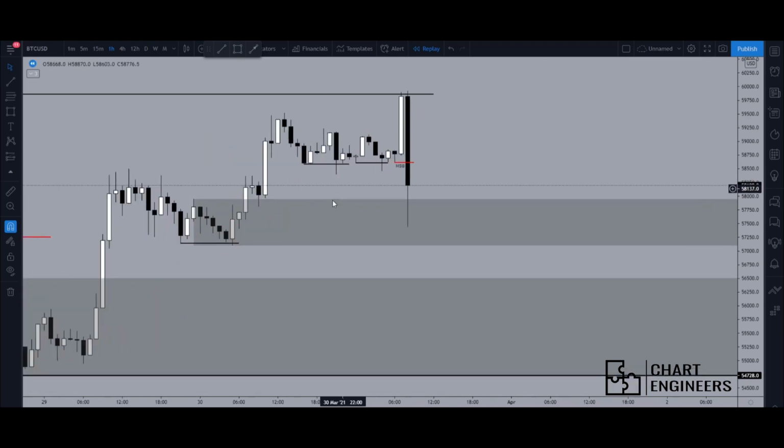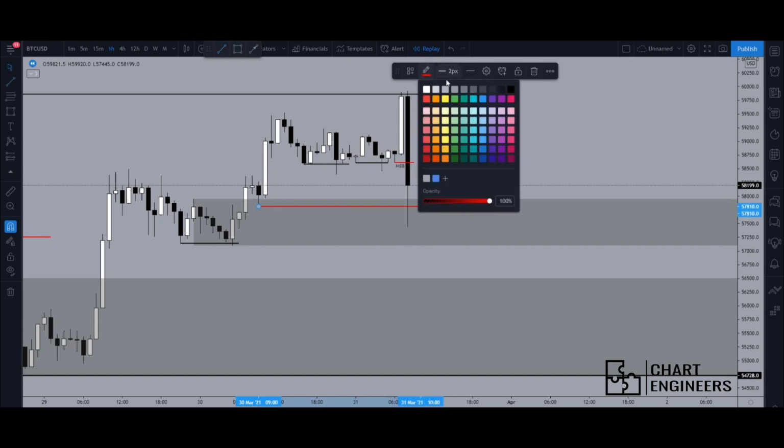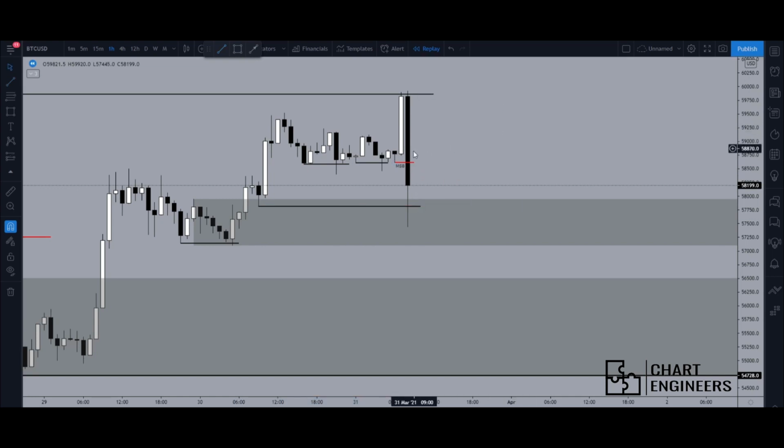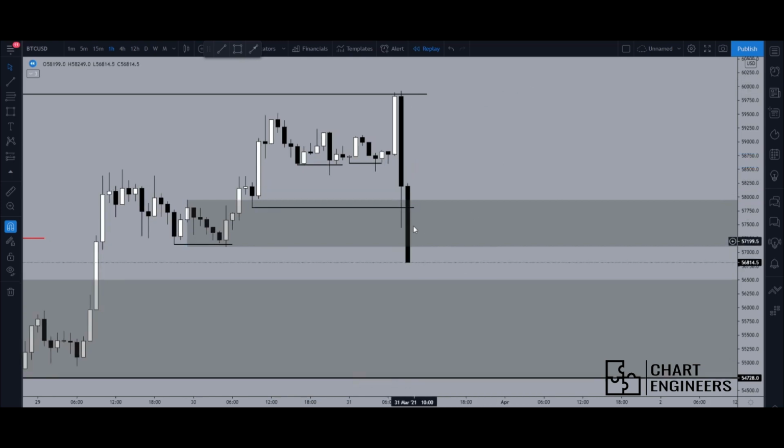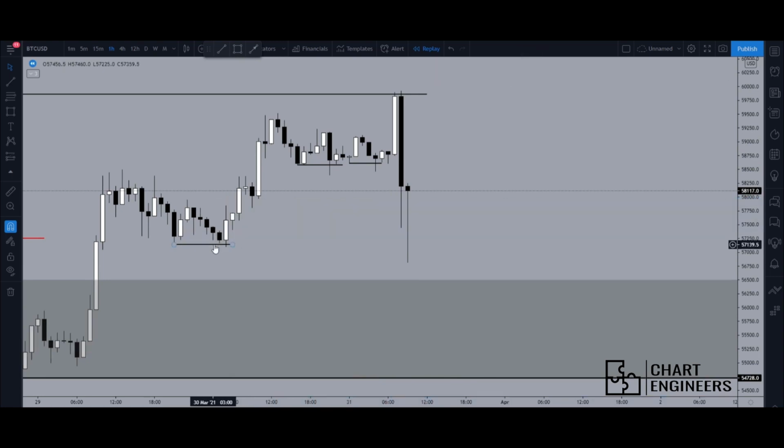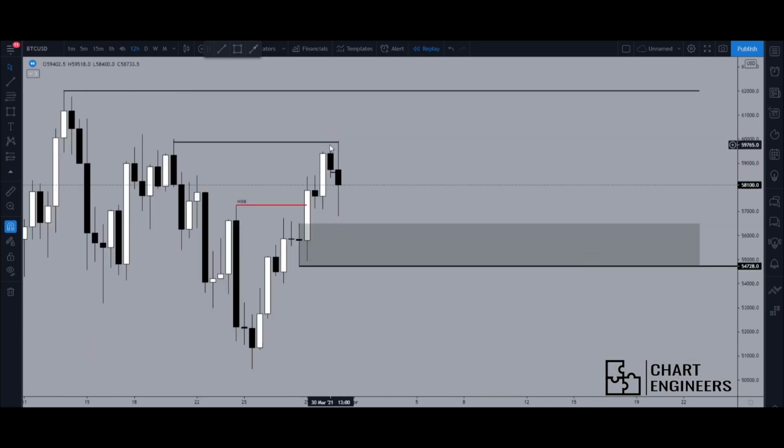I was expecting this to hold, especially as we had this low here, but then the way this 1 hour candle closed, I cut this trade short at pretty much break even, and then the market wicked below again, taking out our 12-hour low. So now if we go back to our 12-hour chart, as we can see,